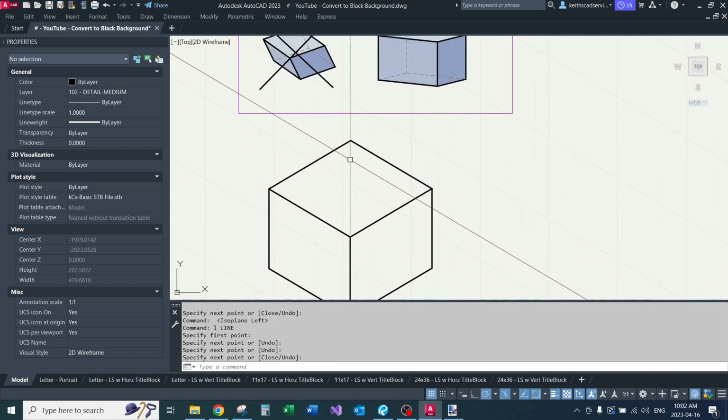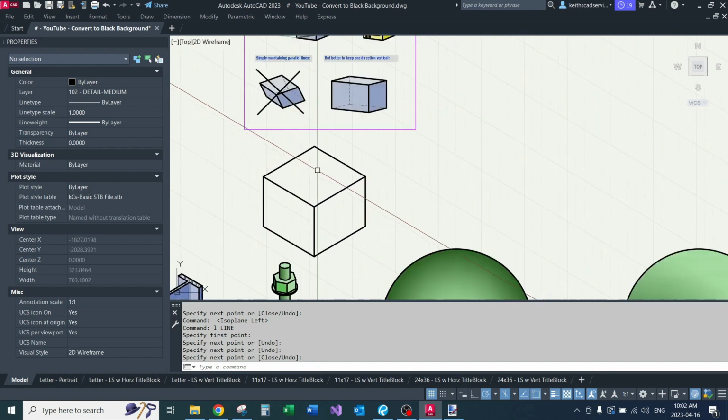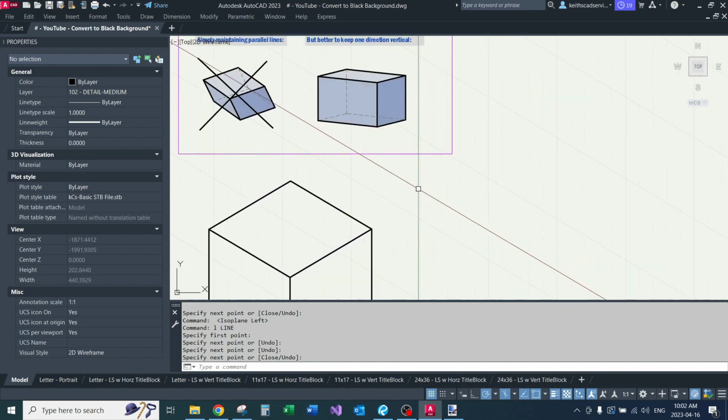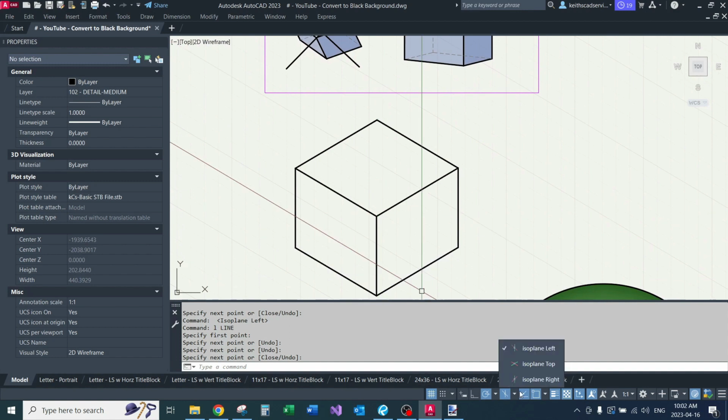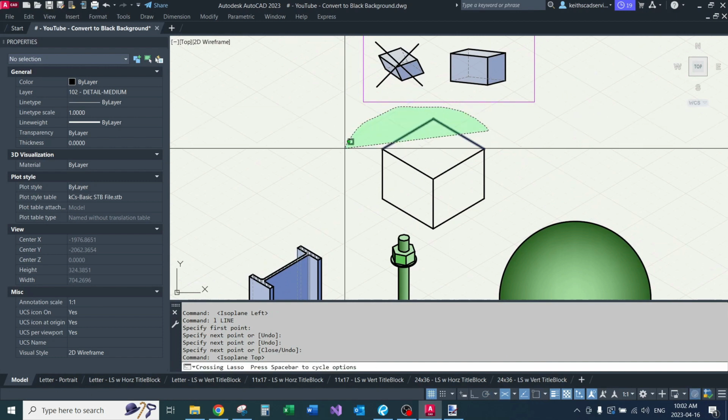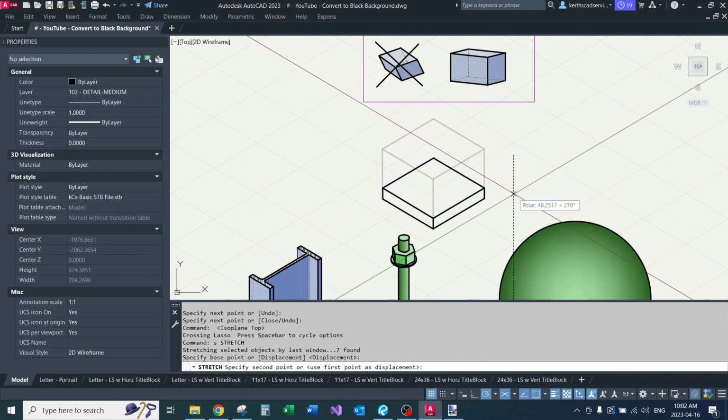So with this, you're really only given the option to do this in one direction. And there's ways to do it in other directions. I'll get into that in a little bit. Let's go back to isoplane top. Just to make this look a little bit cooler, we're gonna